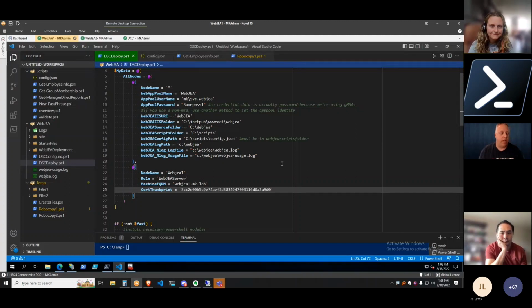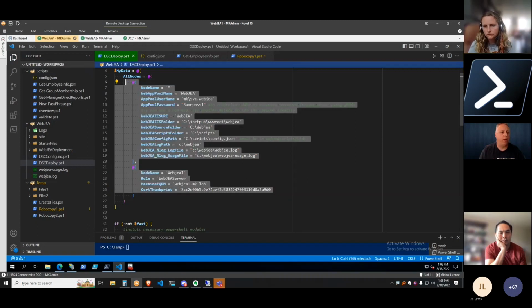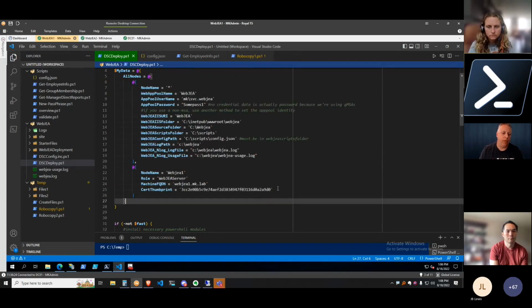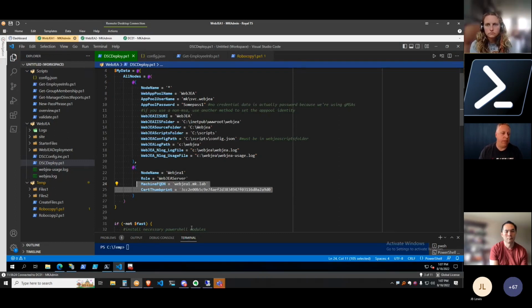The way it works is after you download the module, you have a config file. This is what's required to configure WebGeo. And I'll try to explain this as simply as possible. Essentially here, we're pointing out a bunch of directories and IIS settings that we want to put in place. And we need to come up with things like a name and a certificate. So nothing too challenging. And if you have some familiarity with IIS, this will be very easy for you.